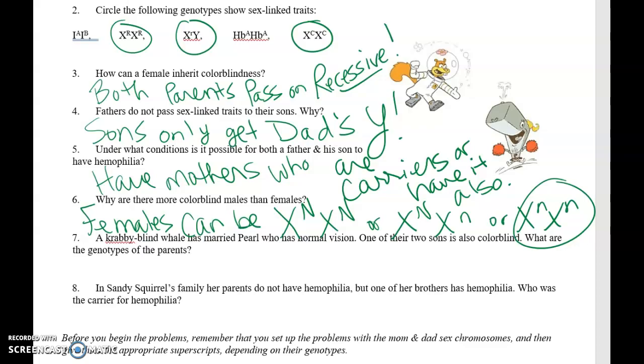Under what conditions is it possible for both a father and his son to have hemophilia? Both of their mothers were either carriers or had hemophilia, just like color blindness, or even male pattern baldness. Why are females able to have a better